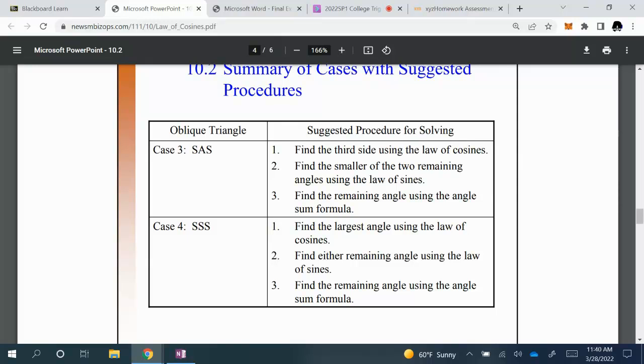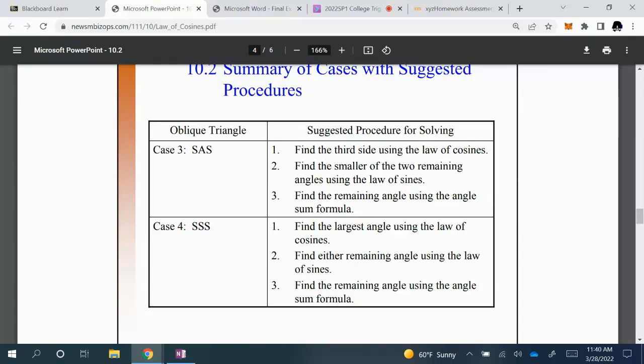Then the second step says find either remaining angles using the law of sines. And then the third step says find the remaining angle by using that sum formula. So I'd be kind of remiss if I didn't go through this. In the previous course,